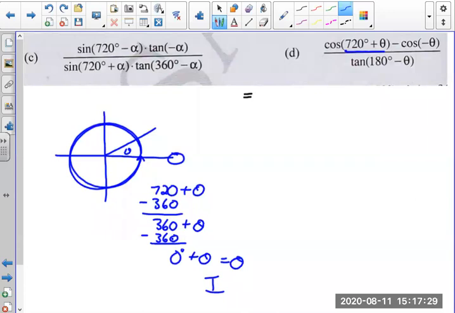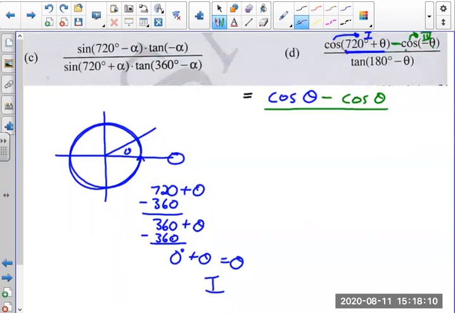So that also tells you that you're in the first quadrant. So first question, where's the 720 plus theta? It's in the first quadrant. What's the sign? Well, everything in the first quadrant is positive, so that changes to positive cos theta. This one again, take note, there's a minus, so keep the minus there. Now, cos of minus theta. Where's this angle? Minus theta is in the fourth quadrant, you know it by now. What's cos in the fourth quadrant? It's positive, so it's minus cos theta